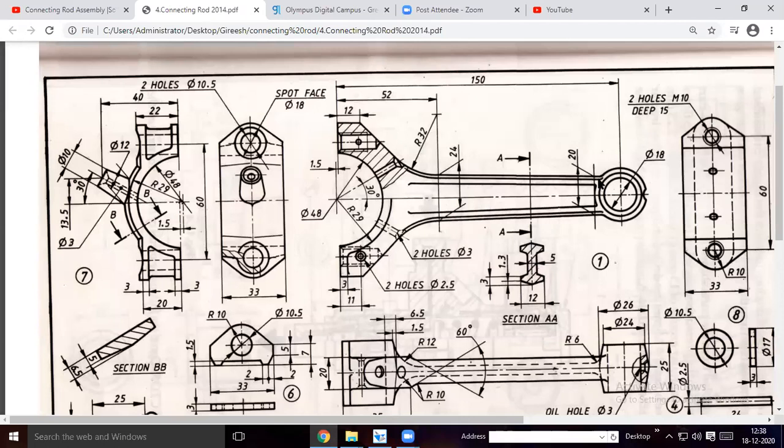The same profile has to be created here also by taking a parallel plane at this distance. The same profile has to be created, but I have to reduce this. This top and bottom profile will be the same. This length will change. Okay, I have to reduce that length. You see, so this top portion and bottom portion will remain the same here and here. Only this will be reducing. This height will be reducing at the center.